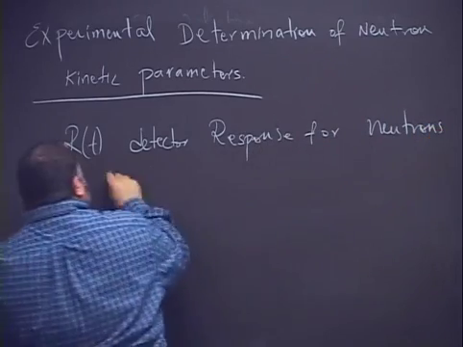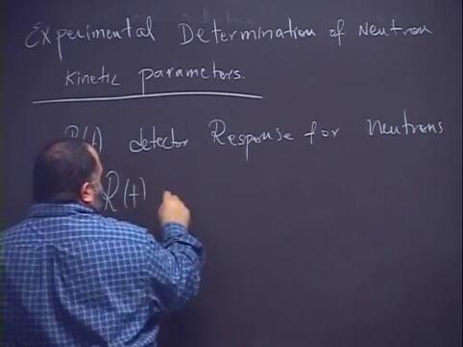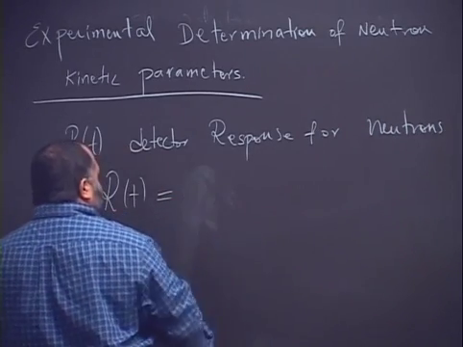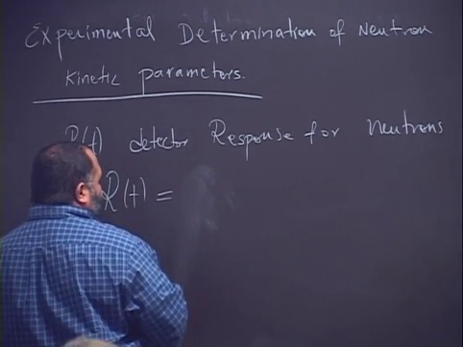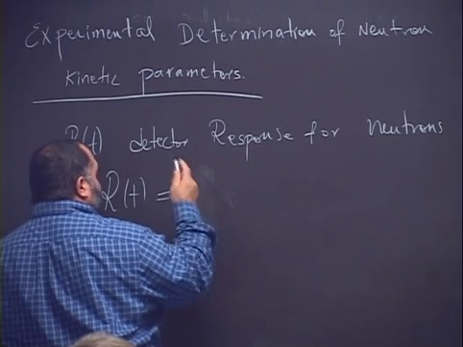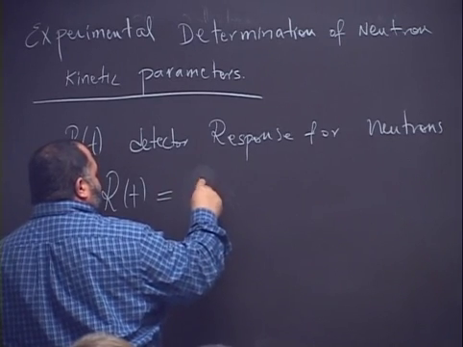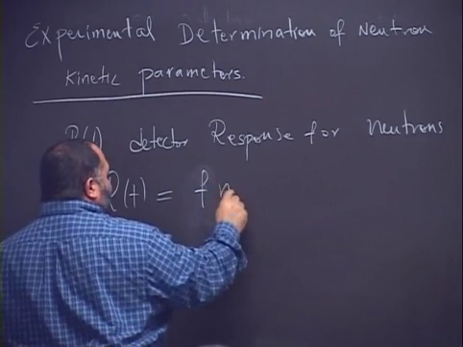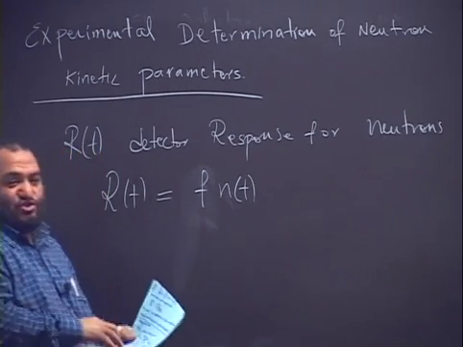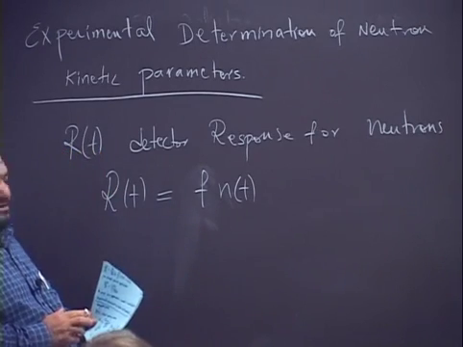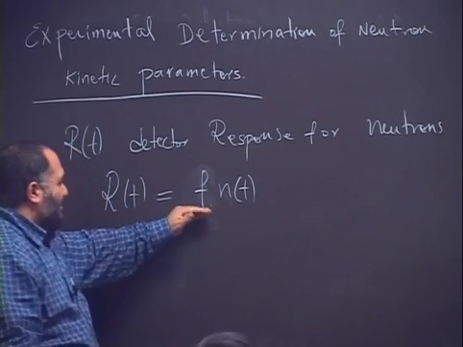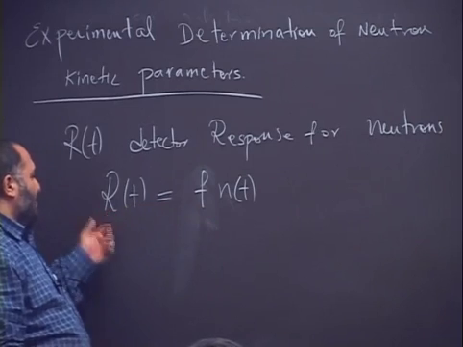Of course, R of t will be just some functional form multiplied by n of t. And this functional form will have a geometrical factor, and it will have some calibration constant in it. So whenever you have n of t, you multiply it by this calibration factor,